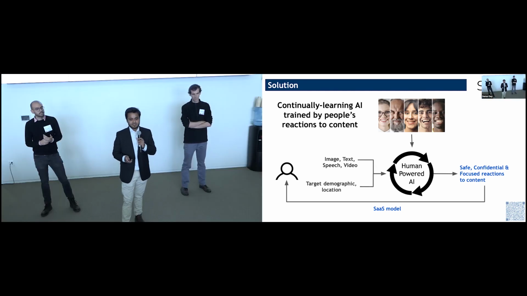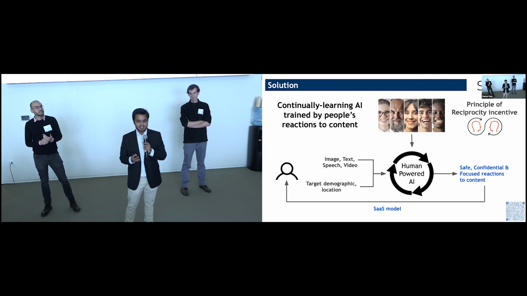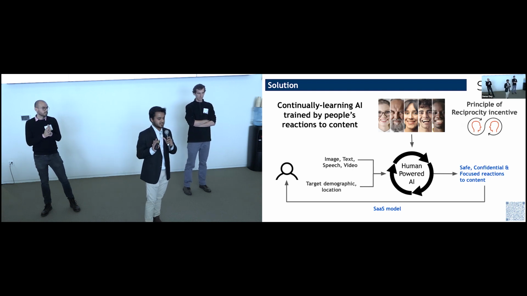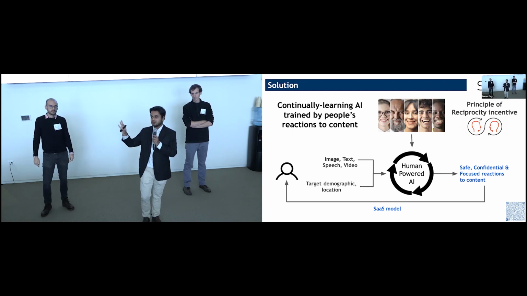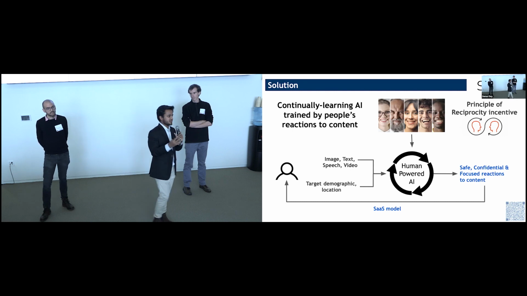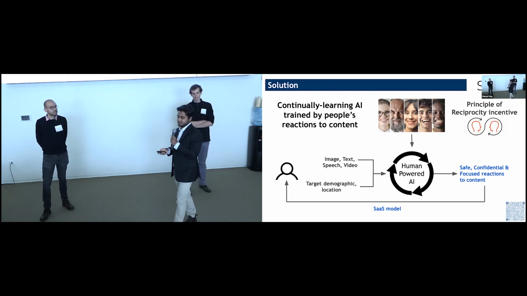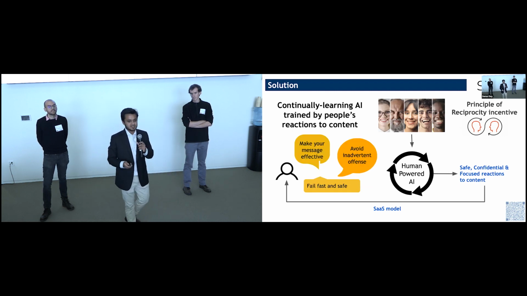During the data collection phase, our incentive is basically the principle of reciprocity. So to bolster the data collection, people give feedback on others' content to receive feedback on their own content. So it's like a web interface. You upload your video or speech. You can choose to get human feedback, and people give feedback on your content. You can also give feedback on other people's content, and this sort of drives it. And at the end, the AI simulates it.